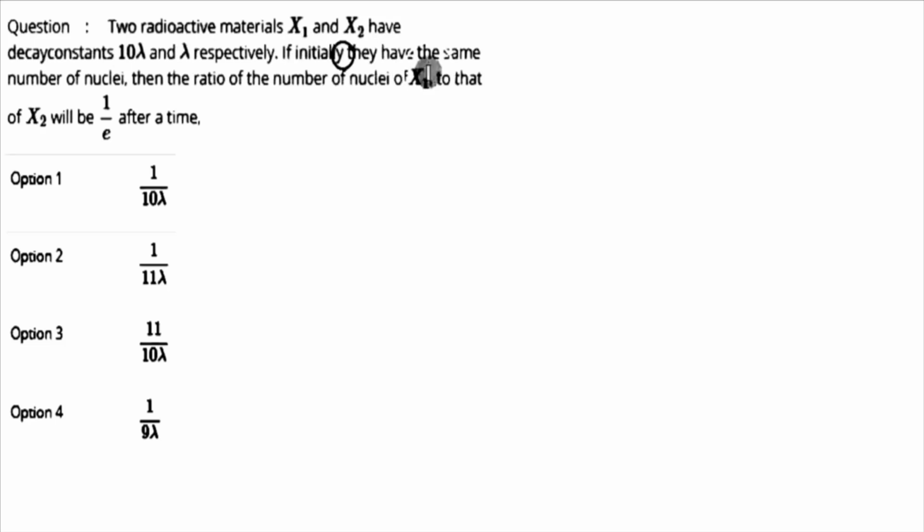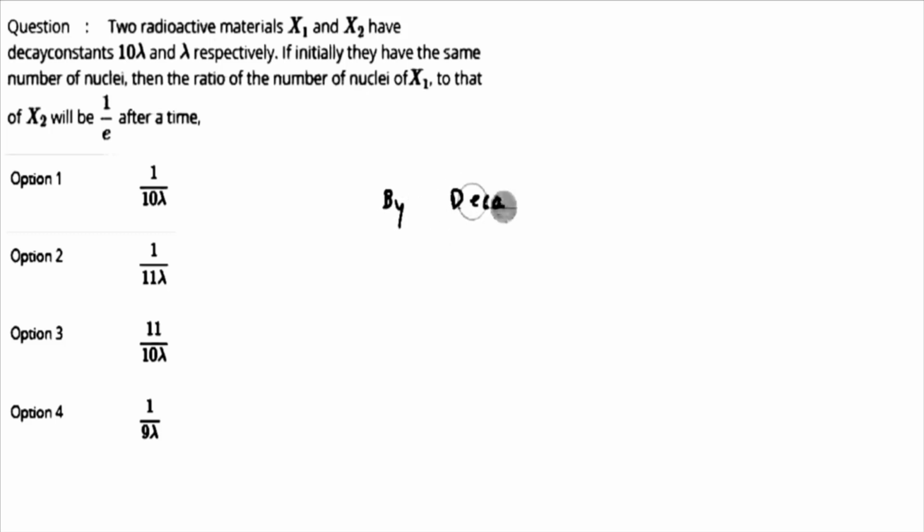If initially they have the same number of nuclei, then the ratio of the number of nuclei of X1 to that of X2 will be 1 by e after a time. So we need to calculate the value of time after which the ratio of X1 by X2 is 1 by e. Alright, so by decay law we can say,